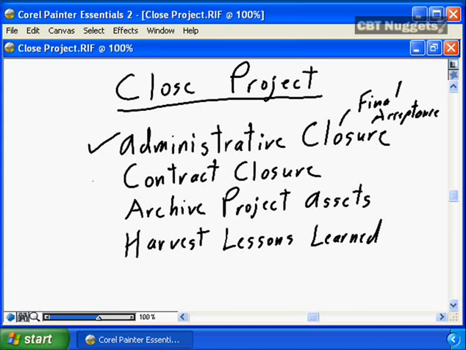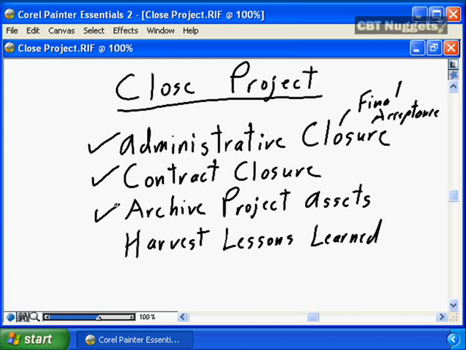It will go on to include proper contract closure. If you have procurement aspects open in your project, it's ensuring that all procurement aspects are closed, that the contracts are closed with your suppliers and your vendors, that property is returned, that payments are made, that holdbacks and warranties are properly applied, that all the terms and conditions for your external third-party procurement are properly closed off and finalized for your project.